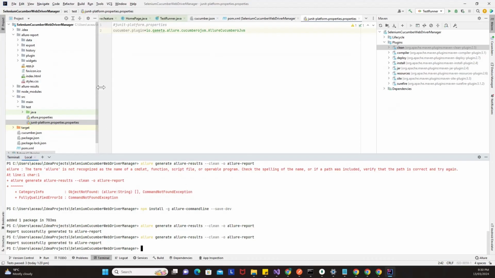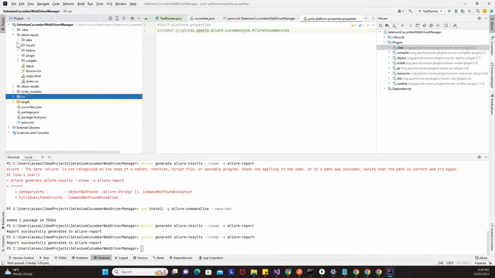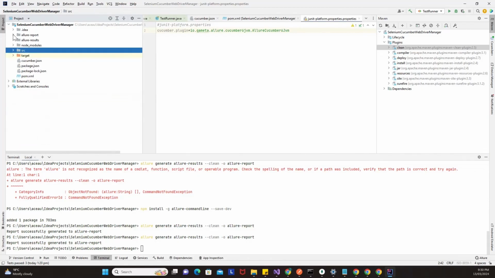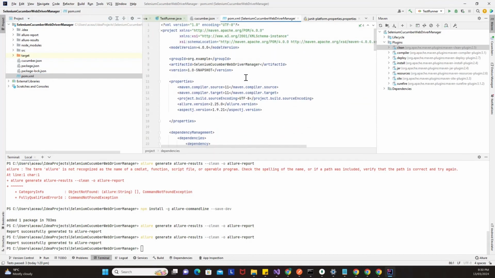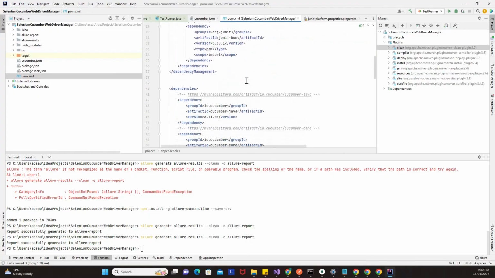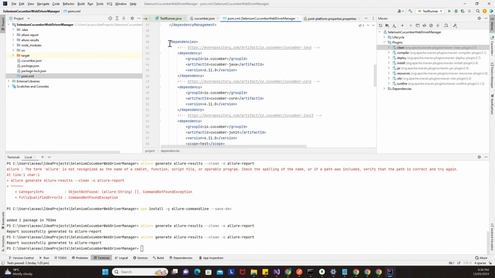So this is my Cucumber, that is the BDD framework that we have been looking at. The first step that we had to perform is you have to understand what Cucumber version you have used in your project. So I'll go to pom.xml, and just to refresh our memory, the Cucumber version we have used is Cucumber 6.1. How would you be able to understand is if you go to dependencies,